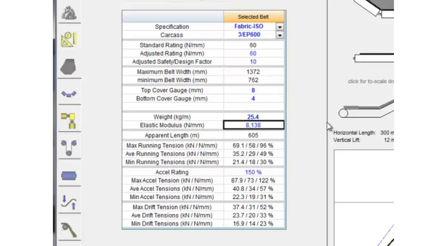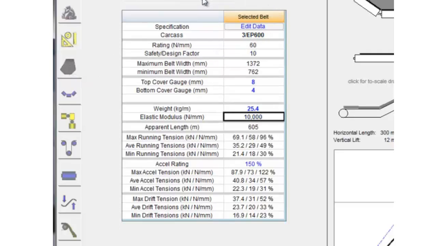We want to make sure we have the correct modulus of elasticity. And you can see as we put these in, the inputs turn dark blue, indicating we have the correct inputs in here. And even if you know the manufacturer of the belt, I would suggest we go to custom,